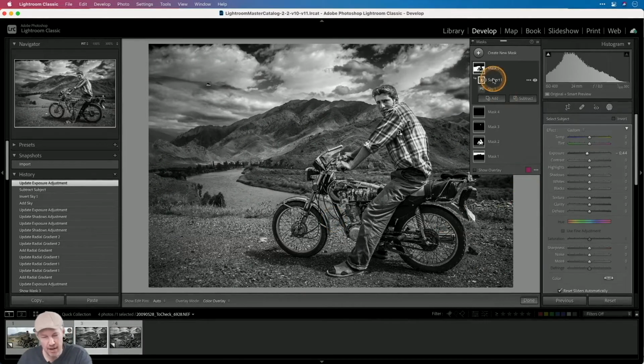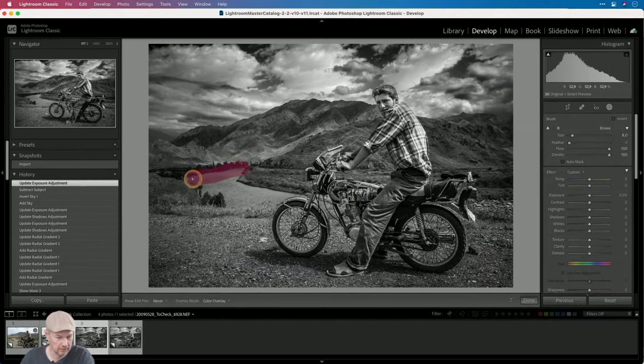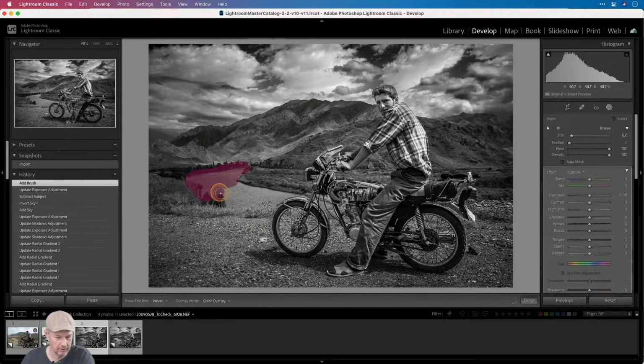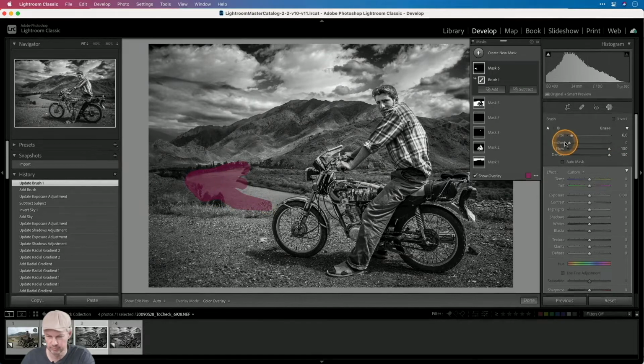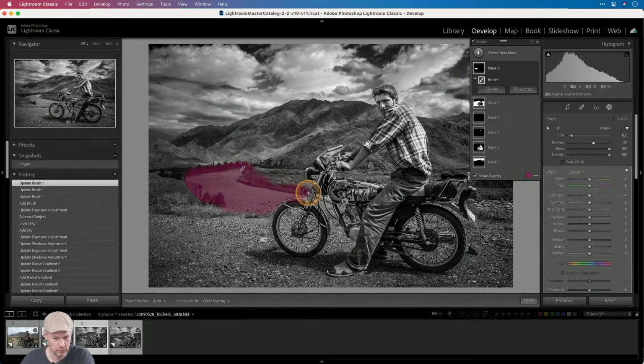So there's various ways to do that. What I think is probably the easiest in this case, I rarely use the brush, but in this case I think it's probably easiest to use the brush. So I'm gonna pick a rather rough brush selection. Let me increase the feather a little bit though, like so. Okay, I don't mind going over the edges. I want to do it quick and dirty, because what I can do again, also within that brush mask, is I can